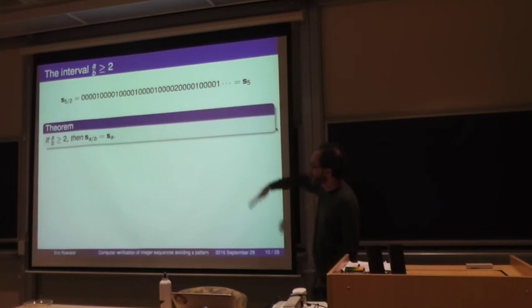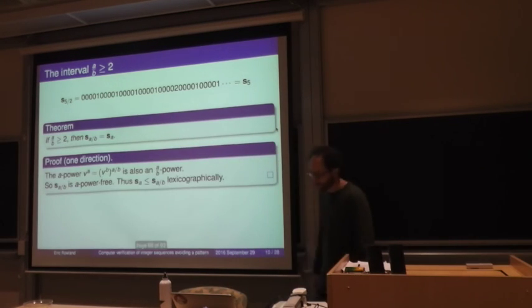I should say that from this point on, all the results are from my paper with Laura, so I'm not going to attribute them every time. But this is one of the first results we proved: the lexicographically least A over B power-free word is the lexicographically least A power-free word. Just to show you one direction of the proof, it's pretty simple. The other direction is a little bit more complicated, but not too much more. So if we have an A power, B to the A,